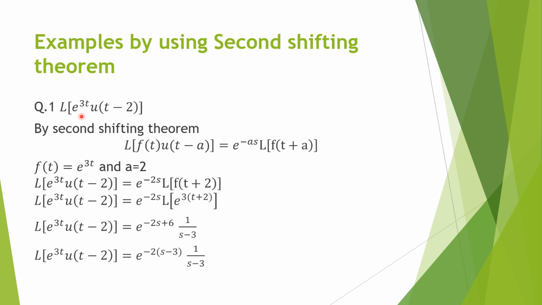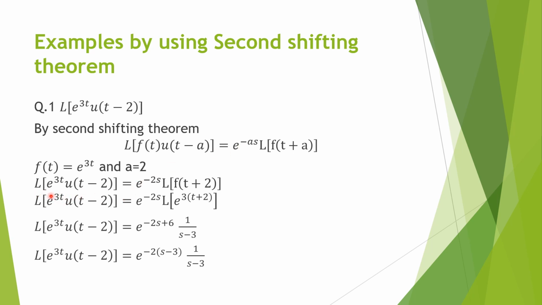Laplace transformation of e raised to power 3t times u of t minus 2. So by the second shifting theorem, it is f of t times u of t minus a. So we can write e raised to power minus 2s, because t minus 2 is there, times Laplace transformation of function of t plus 2. So what is function of t here? Function of t is e raised to power 3t. What is the value of a? The value of a is 2. So applying this,